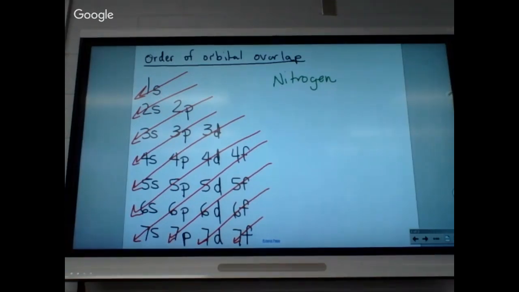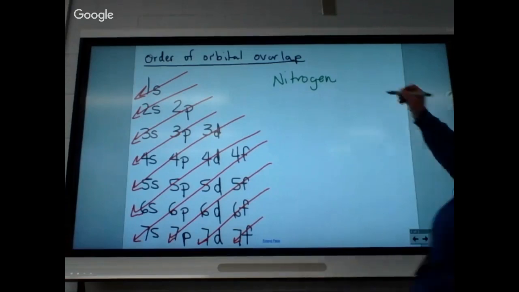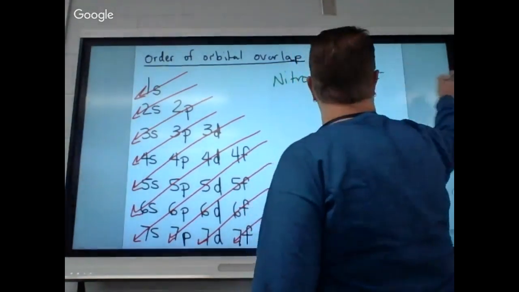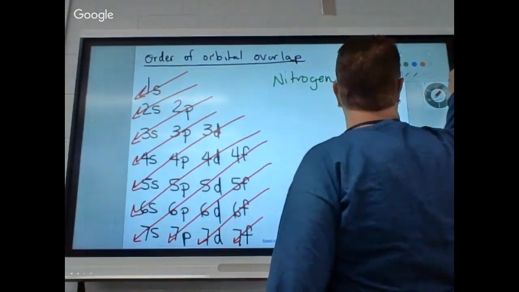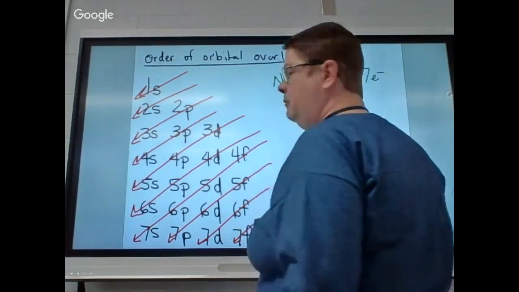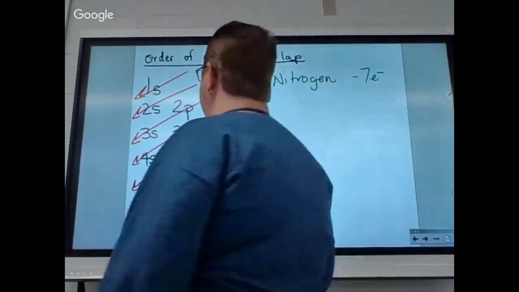How did we get 7, for those who did not have 7 in their heads? Protons and electrons are the same, and it was the atomic number. Everybody's good with the atomic number, right? So we're going to need 7. When we look up nitrogen, we got 7. Go ahead and write that down. All right, so